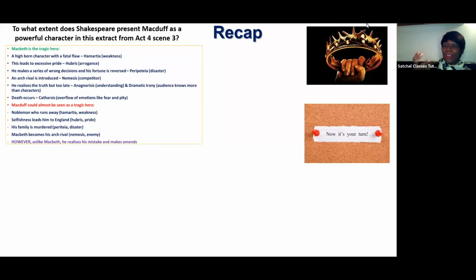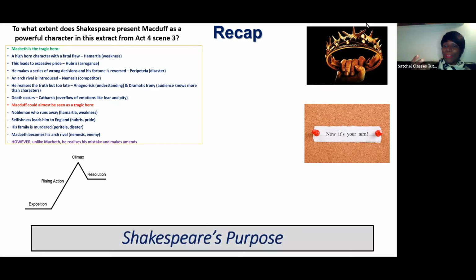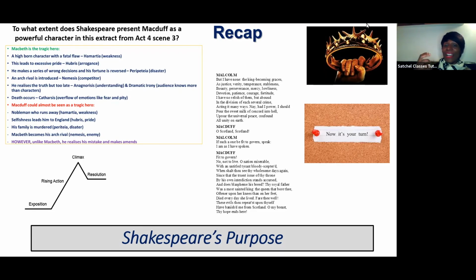You'd think about the fact that this is a hero who could have been a tragic hero like Macbeth, but he recognized the weaknesses of his ways later on. You talk about the fact that Macduff is part of the resolution. He brings Macbeth down. You look at the fact that Shakespeare, through Macduff, is exploring issues of leadership and guilt and courage, and the fact that you're really looking closely at this scene.